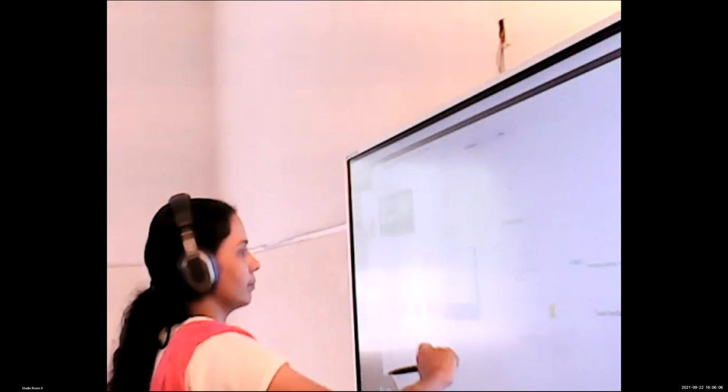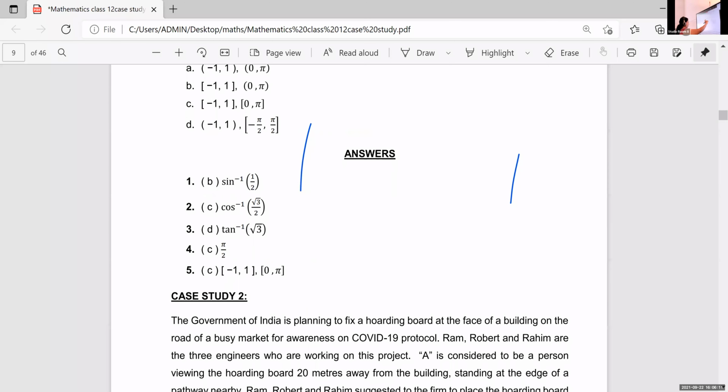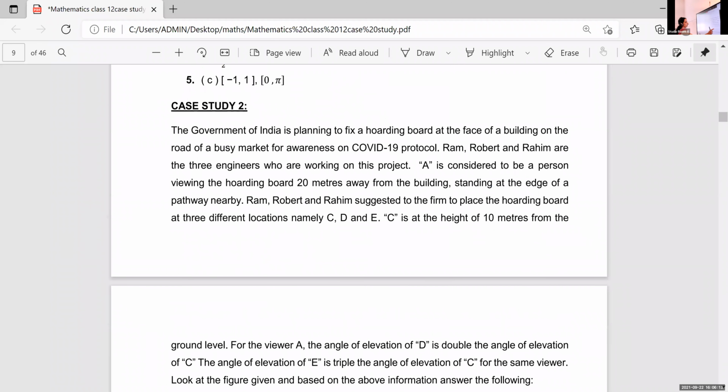Now the next one. Go through the next question. So these are the questions given by the board for case study questions. This case study questions already I have sent it to you. It is for all the chapters. It is not for the first term. It is for all the chapters for the 12th standard as a whole. You take the printout and keep it with you. If you are not having today, once again after this class, I'll send it.